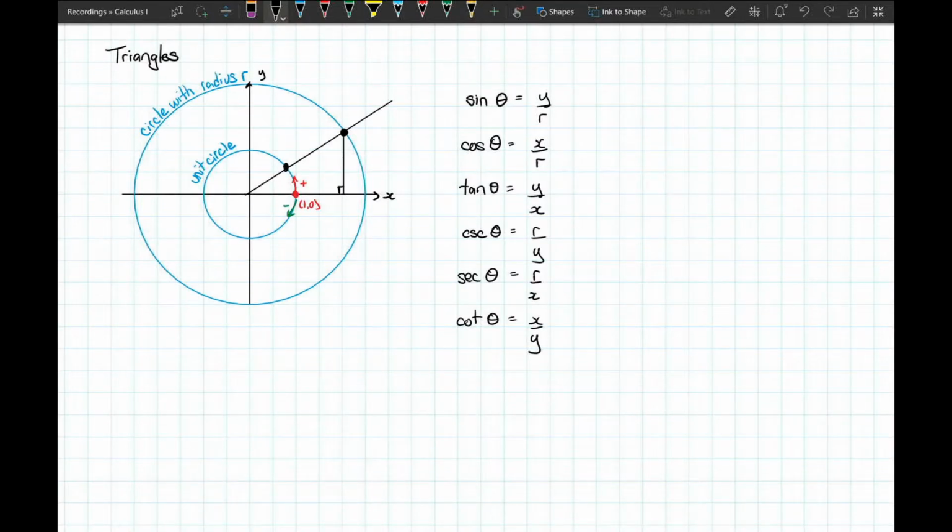Okay, we're going to call this quadrant 1, since it's the first quadrant that you'd reach if you start at the point (1, 0) and you travel in the positive direction. Now, if you've made it to pi over 2, that would be the end of the first quadrant. Between pi over 2 and pi, this will be our second quadrant. Between pi and 3 pi over 2, this will be our third quadrant. And between 3 pi over 2 and 2 pi, or back to where we started, that would be the fourth